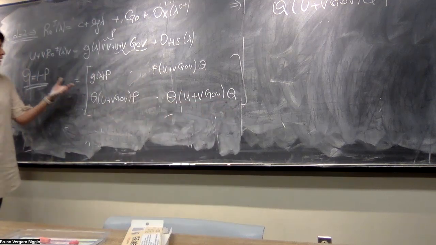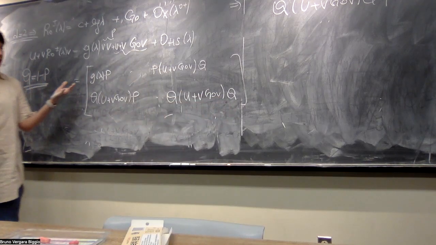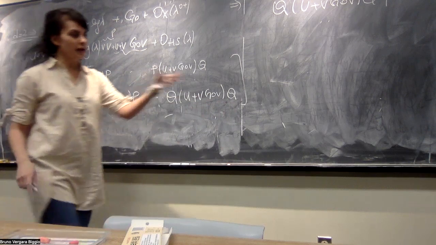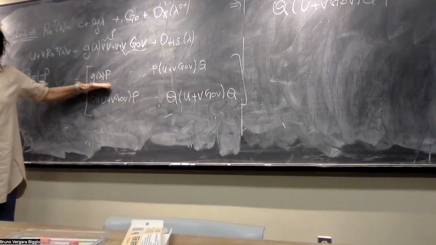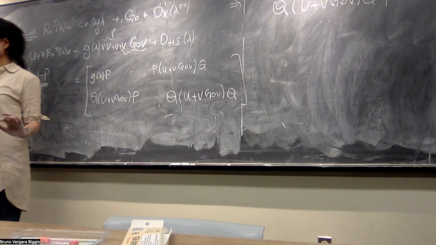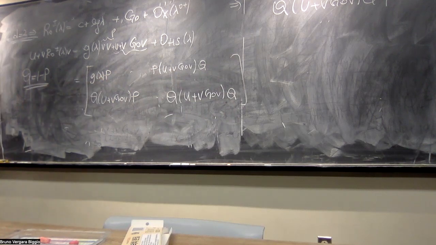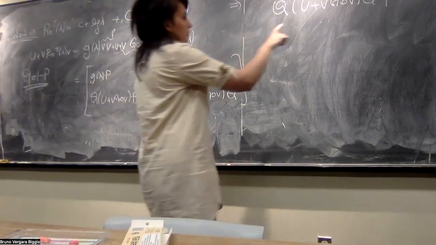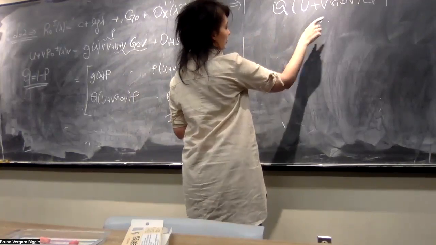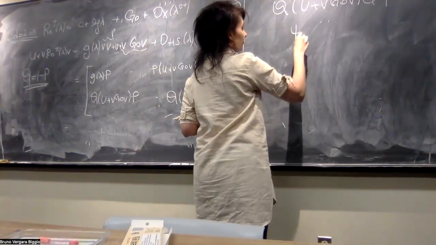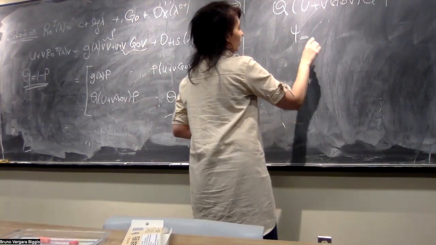So basically in 2 dimensions, you don't only have one type of resonance, you have 2 types of resonance, and one of them is only a constant. So in particular, if I solve this, then I'm going to have phi is equal